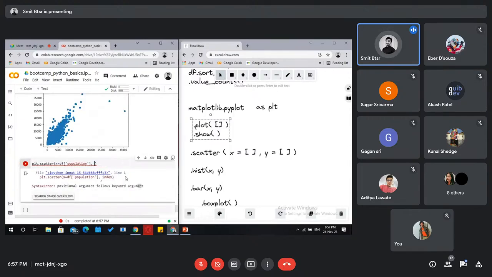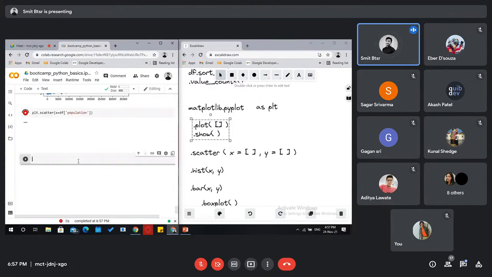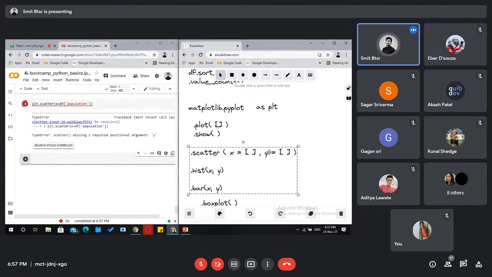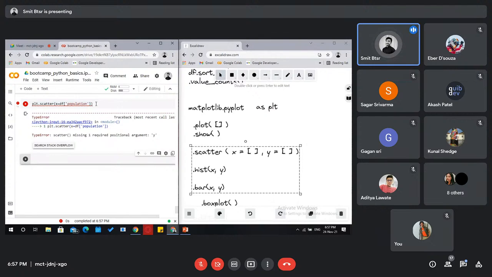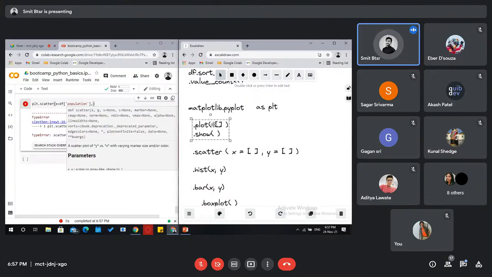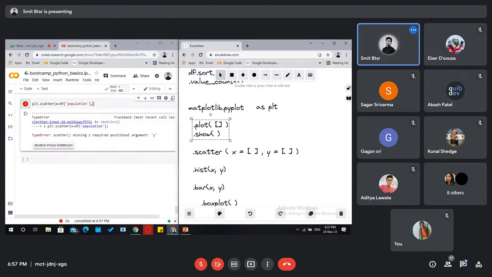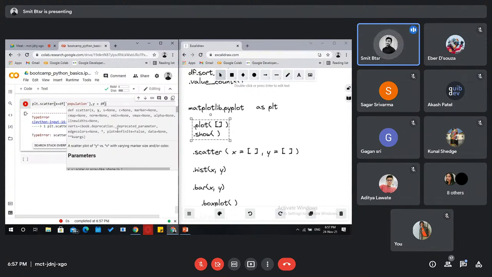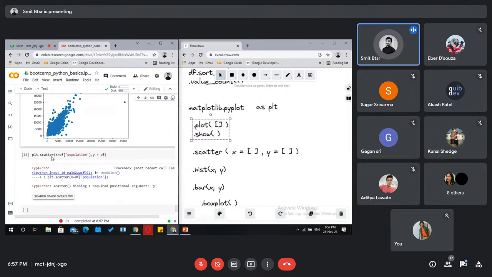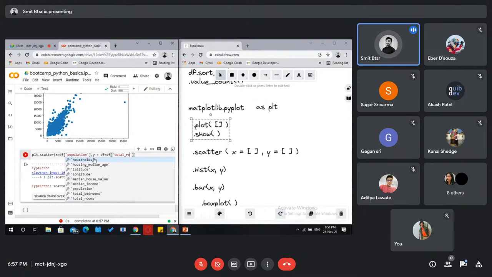And if we do not pass anything, it requires a value. Just remember that this function has this kind of syntax: we have to mention both x and y values. In the plot function we can use a single argument and plot it against the index, but not here. So you can see that this is similar to the plot function with O notation, and without the plot function we can use scatter to draw that. We will keep it as it is.